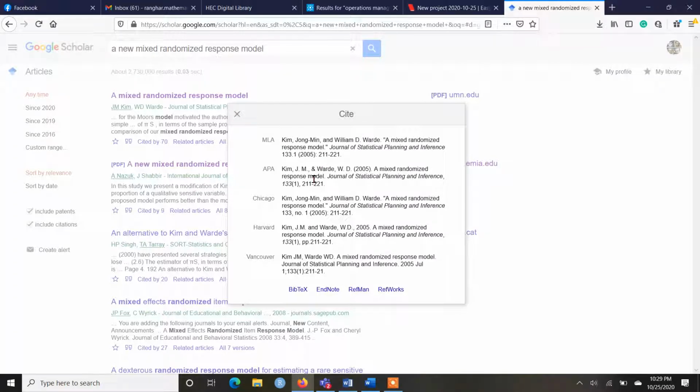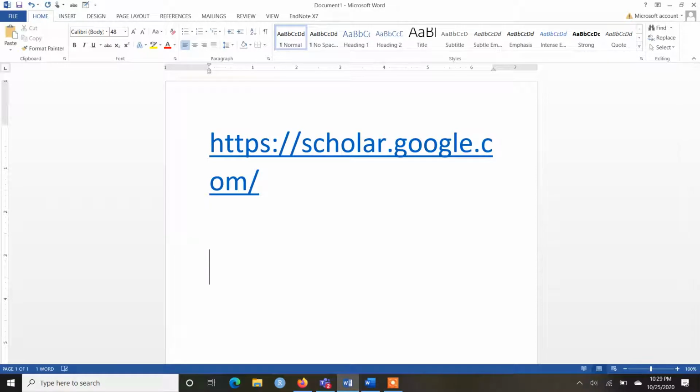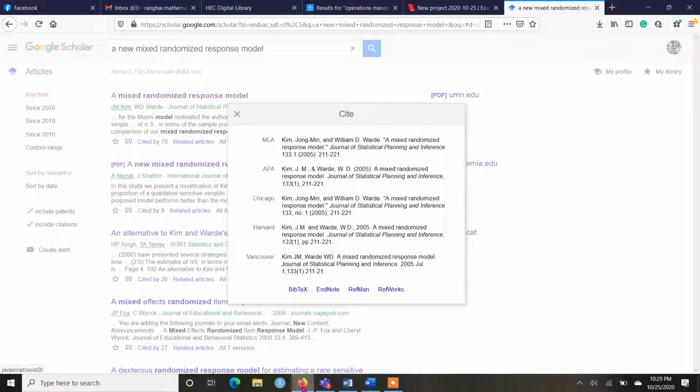If you want to cite, you can simply double click on it, right click, copy it, and then paste it somewhere else. For example, if this is the list of references, you can simply paste by pressing Ctrl V or this paste function, which is I think trivial to tell, but still just for the sake of clarity. So this is how I can refer to it in the list of references. This is a good and easy use of Google Scholar.